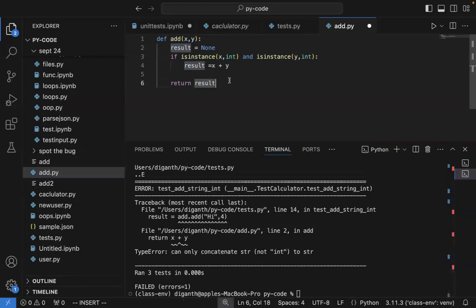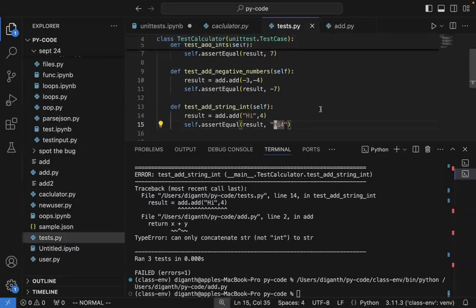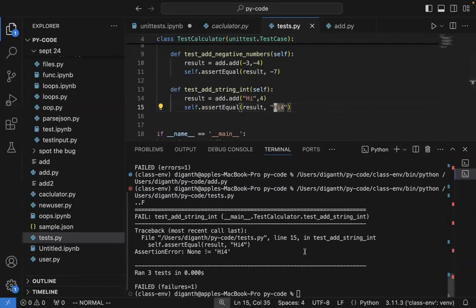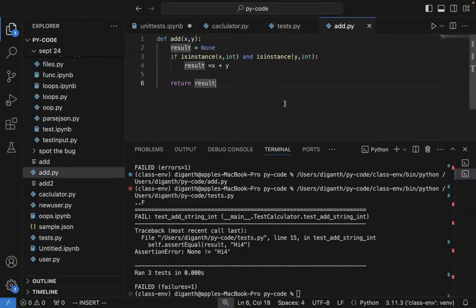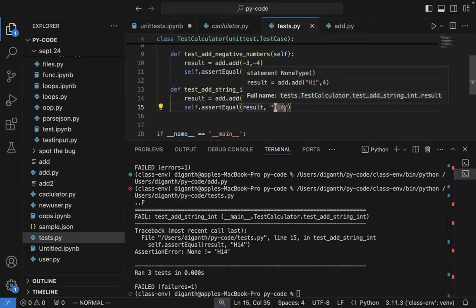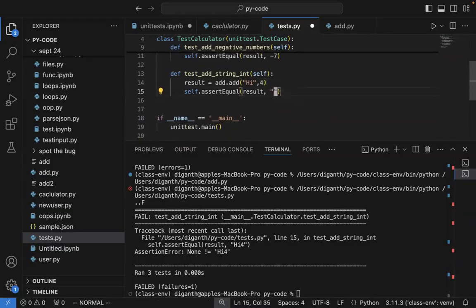So now let us see what happens. Okay, that's fine because I'm not calling any add here. I'll again do this. Now you can see that I got that error for this particular input. I have written code, but now I also need to change the expectation here. The expectation should be, this result should actually be equal to None, because